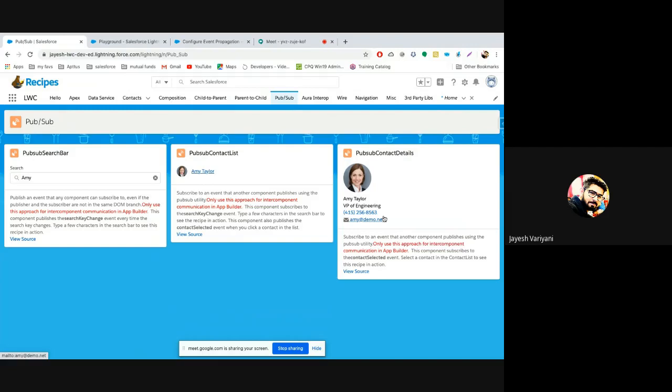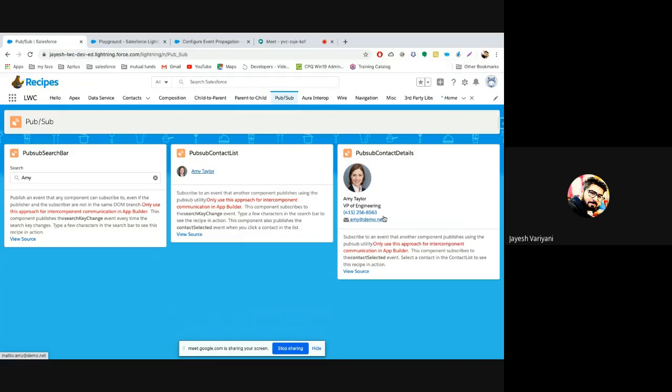Okay. So in LWC, in order to do that, there is no concept called $A or the application events here. On the other side, we have the concept of a utility, that is the PubSub utility, which has been built by René Winkelmeyer, and one more person has built. We can even build our own utility.